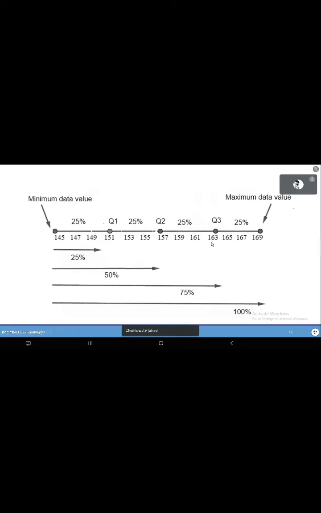What is the meaning of these 3 points? Let's see that. So Q1, the first quartile value, was 151 centimeters. So where does it fall? It falls here. So what does it mean? You can see that below this value, there are 25% of the observations. Above this value, there are 25 plus 25 plus 25, a total of 75% of the observations. This is essentially the meaning of the first quartile value.